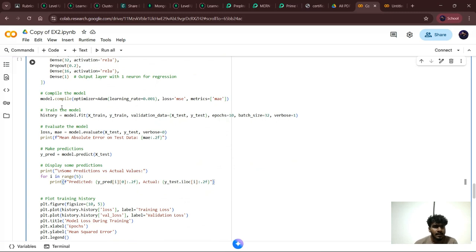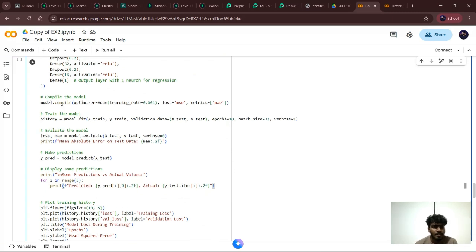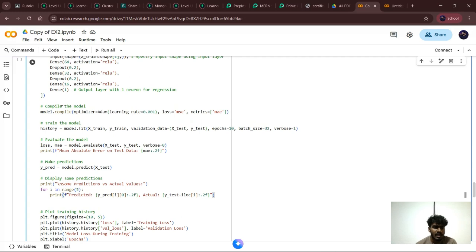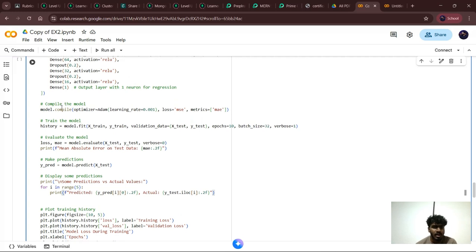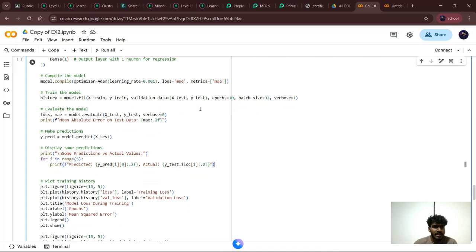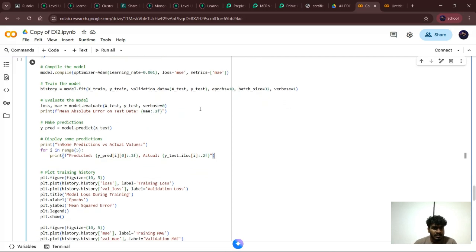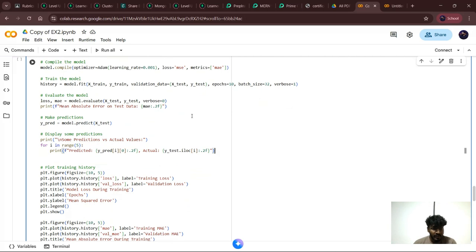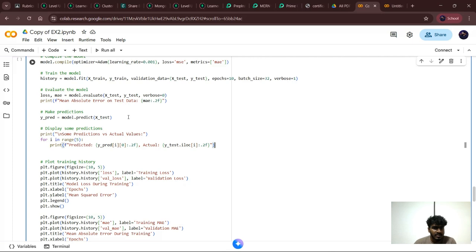Next is to compile the model. I used the Adam optimizer with a learning rate of 0.001, a loss function of mean squared error, and the metric mean absolute error. Next, I am training the model using the fit method with epochs of 10 and a batch size of 32. Next, I am evaluating the model with the mean absolute error and making predictions on unseen